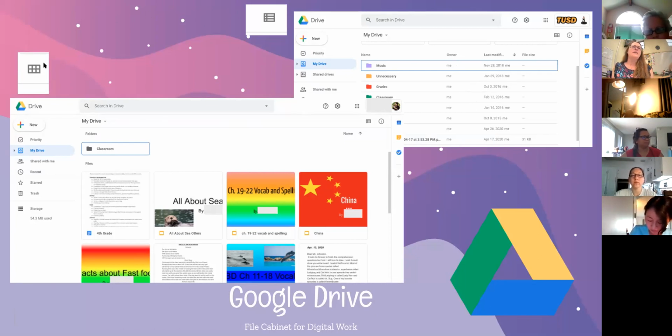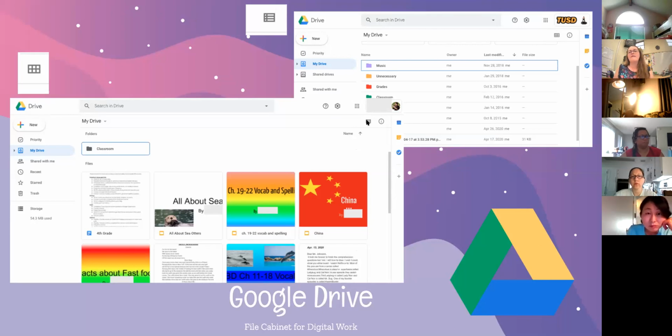And again, I put the little icons here so you can see this correlates with the grid view. To get there, if you were in list view, you have to push the grid view. This icon over here correlates with the list view. So again, if you were in grid view and you wanted the list, you'd have to push the list view over here to the side. So again,